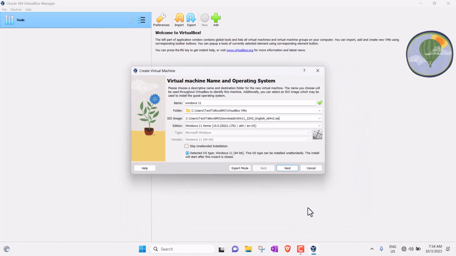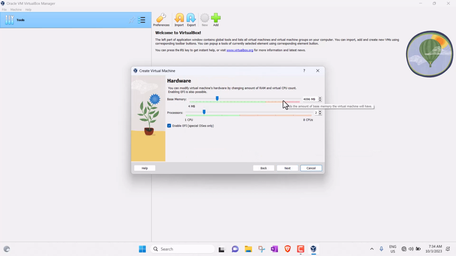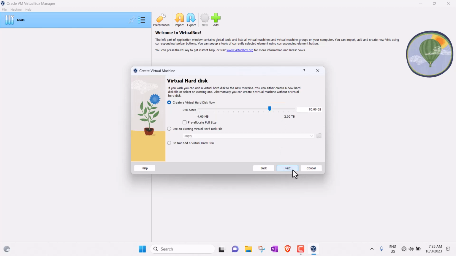So this is my Windows 11 ISO image, which I imported, and edition will be by default, type and version will be by default, and I'm going to select skip because of unnecessary information. I'm going to skip. So next, your RAM, which is by default, I'm going to select, and CPU, two CPU cores, I'm going to select, and EFI special OS, okay, I'm going to select it. Then next,